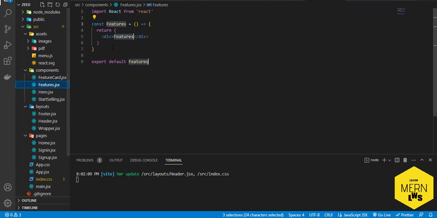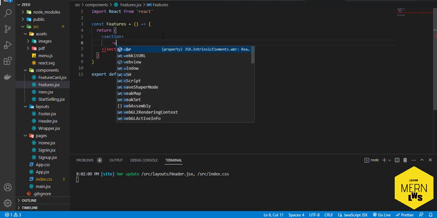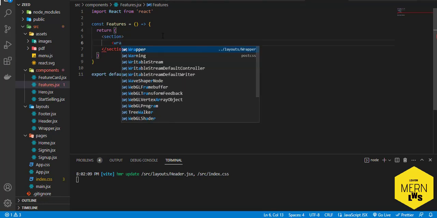So features, section similar, wrapper. Okay,